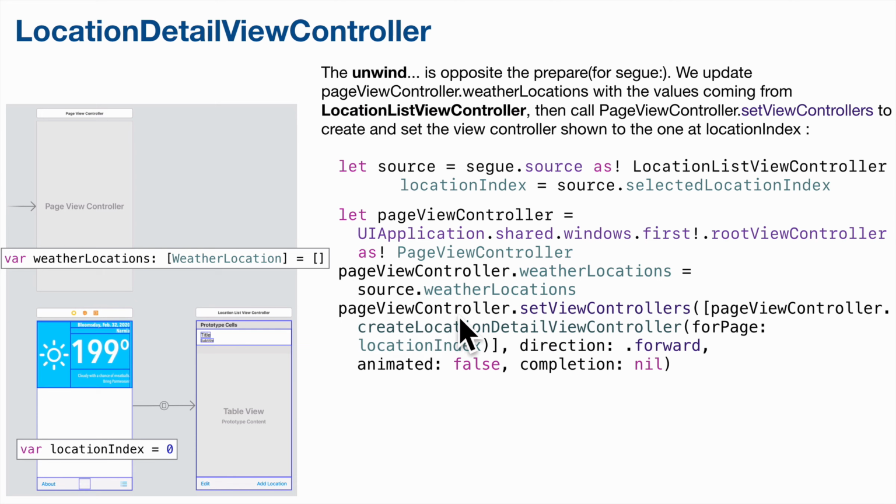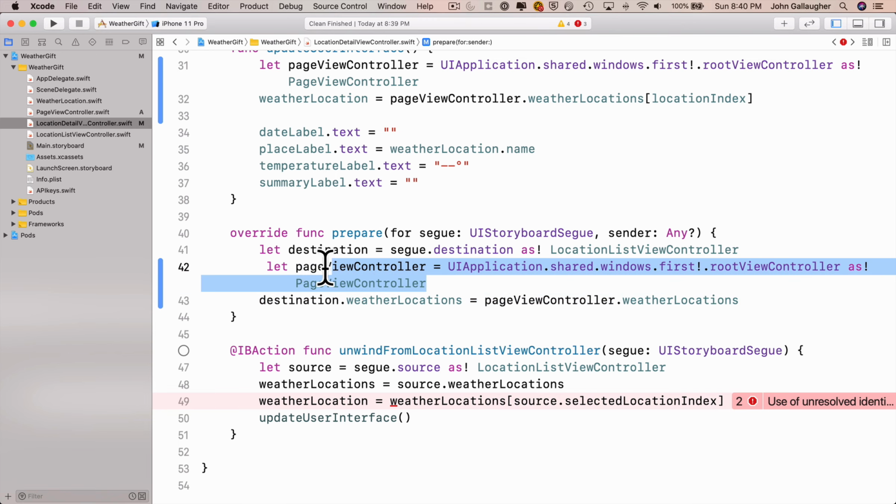And this is used to position the current page of the current view controller. When we first started, we positioned the first page at page 0. So here we're going to do the same thing. We're going to call that same function, but instead of passing in a 0, we're going to pass in the location index, which we also get from the source, which is the index of the cell that the user clicked on. So I'll highlight this line that we just reused in Prepare for Segue, the Let PageViewController one, and copy